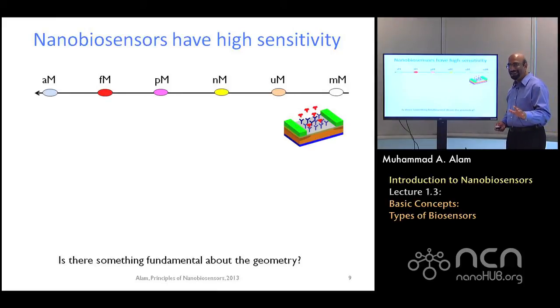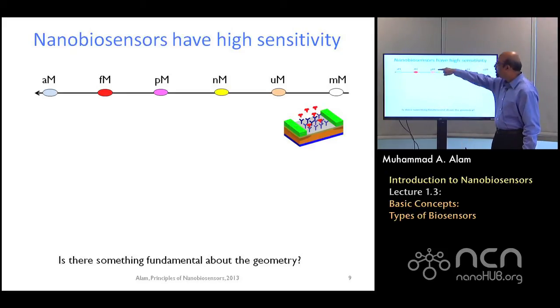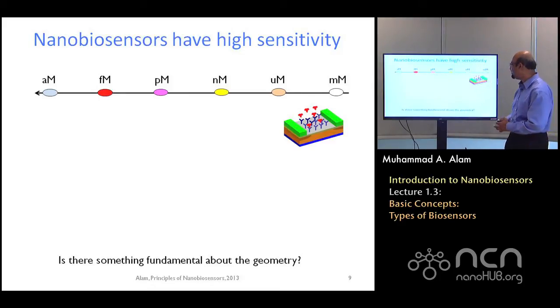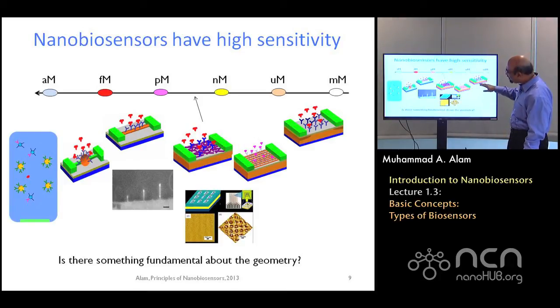Now, if you just take a guess and arrange things on a whim like this. Here on this axis, I have plotted the concentration: millimolar, micromolar, nanomolar, all the way to attomolar, 3 orders of magnitude lower in concentration. Towards that end are the most sensitive sensors; towards this end are the traditional sensors. Now, if you bring all the experimental results from the literature, you'll see something very strange. The strange thing is that it looks like there is something to do with geometry. This orders of magnitude enhancement has something to do with geometry.